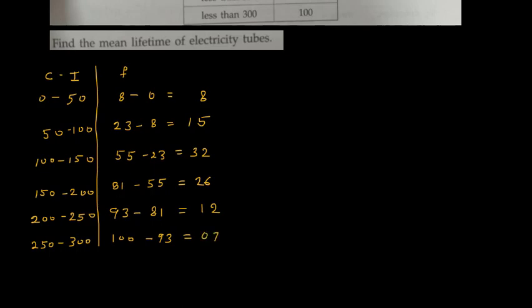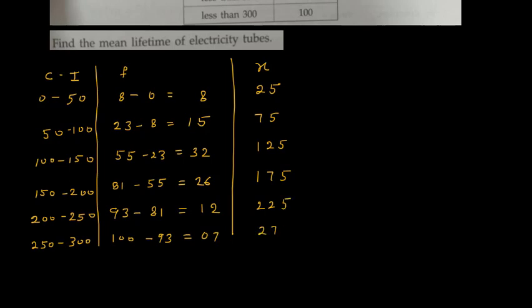Now we draw the column for x. Here it will be 25. Here it will be 50 plus 25 is 75. Then here it is 125. Here it is 175. Here it is 225. Here it is 275. Now f is 8, 15, 32, 26, 12 and 7, and here the values of x we have 25, 75, 125,